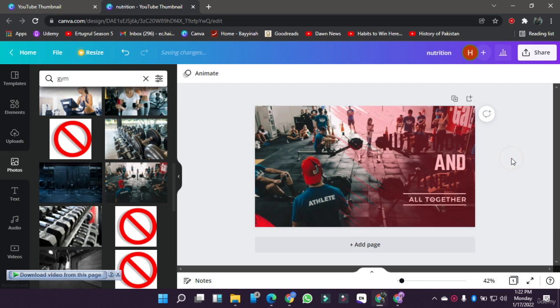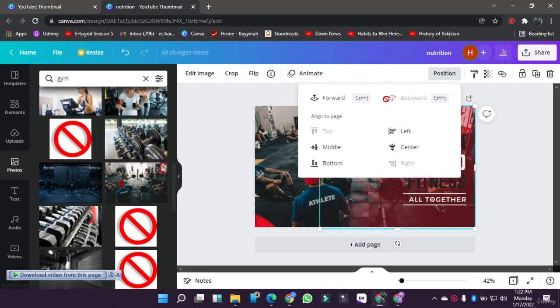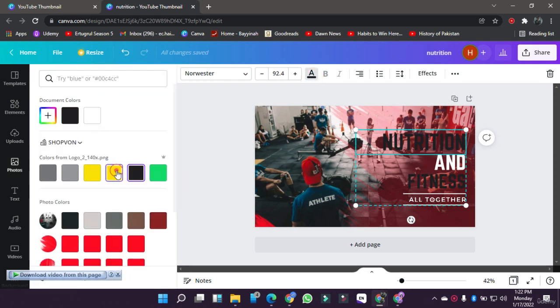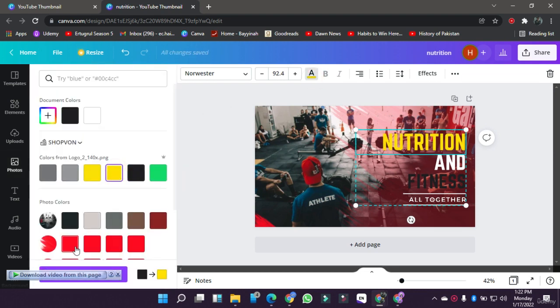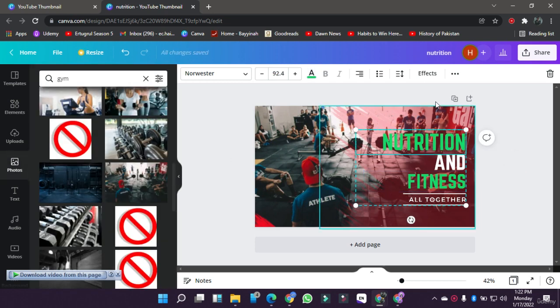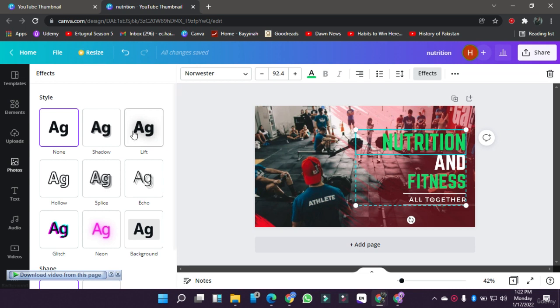Now after decreasing the transparency, I again want this to go back. Click on it, go to position, click on backwards. So the text again comes on the top. Now the black is not looking good. Let's change it to a little bit, maybe green. Okay, let's change it to green. Green is not looking good again, so I'll just click on it, click on effects, and